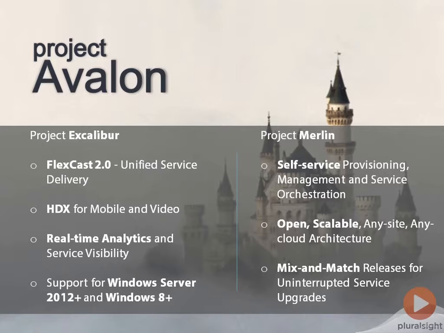So technically nobody uses the term ICA anymore. It's evolved into HDX. So if you're seeing and starting to hear about HDX, it's simply an enhanced version of ICA. So Project Excalibur was XenDesktop 7, or that was the first phase, which is XenDesktop 7, which unified a lot of the service delivery models, XenApp, XenDesktop, etc. And we'll talk about what else could potentially be